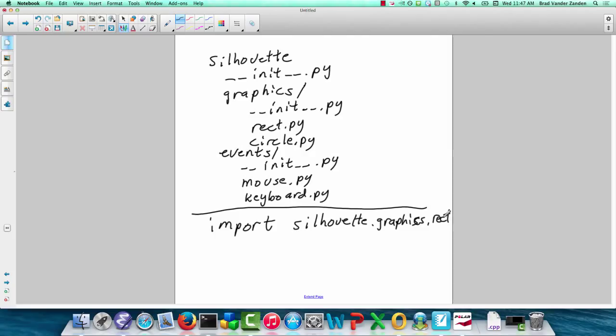Now, if we want to access any function or class from this rect module, we actually have to fully qualify the name of the class. So let's say we wanted to create a rect object, we would have to write out the complete package name, and as you might imagine, this is a little bit